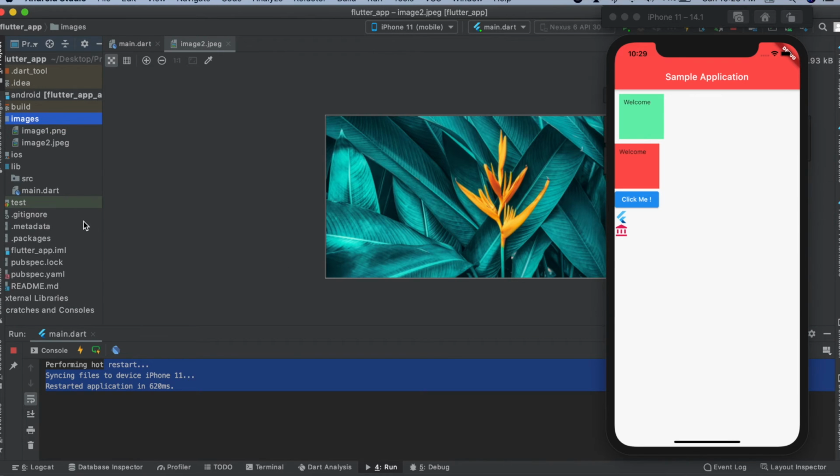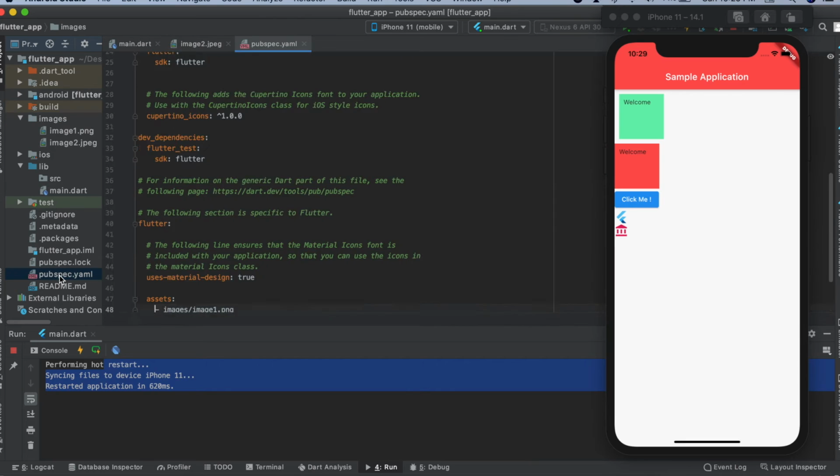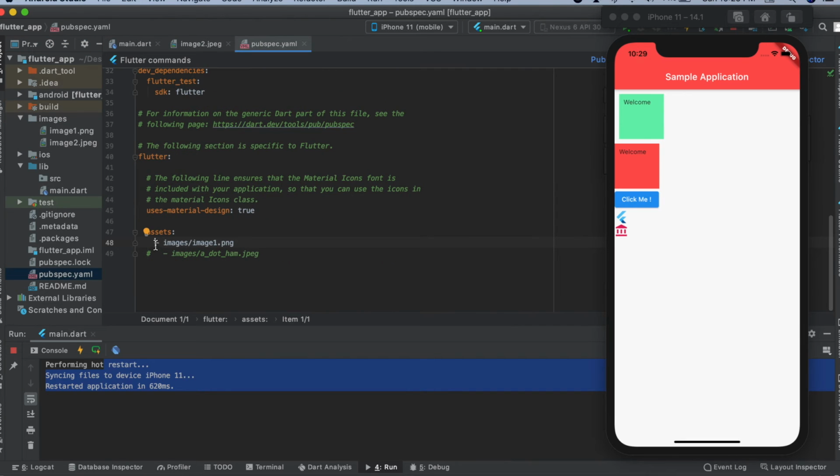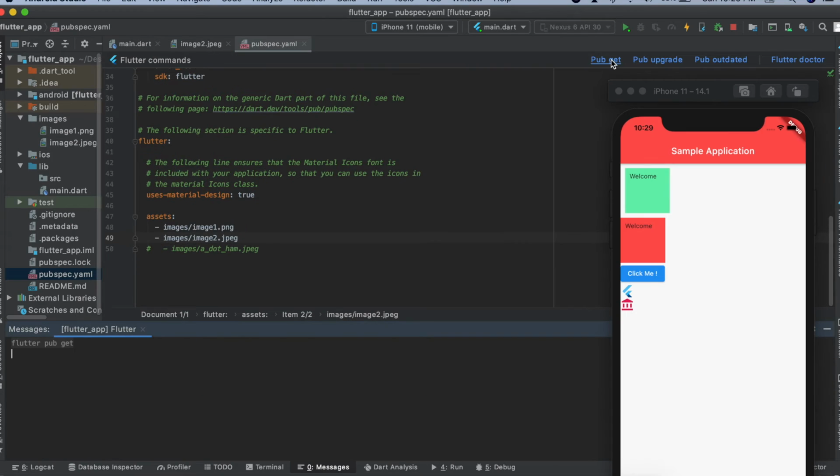Just drop it here, and after that open this pubspec.yaml and provide this image. Sorry, this is a JPEG image, and then you have to run pub get. You will be able to get this.